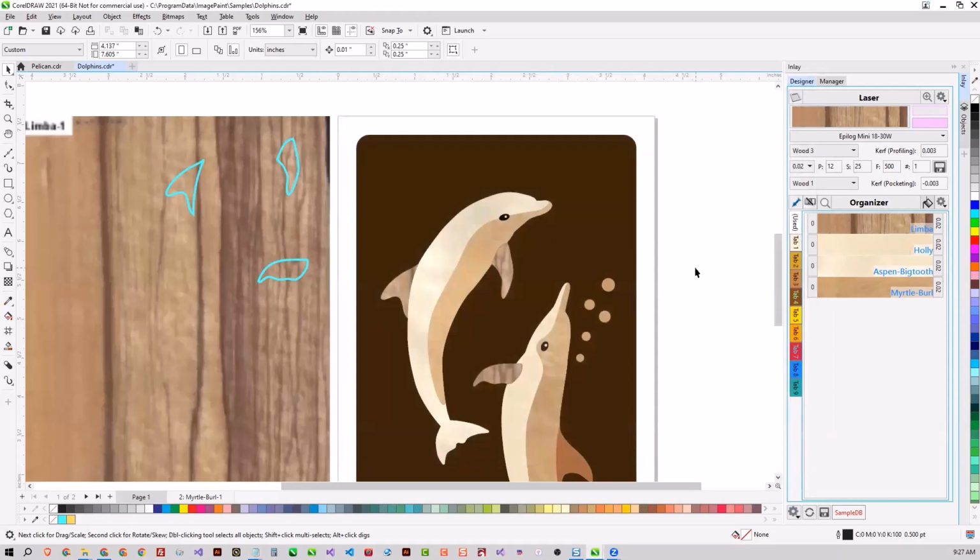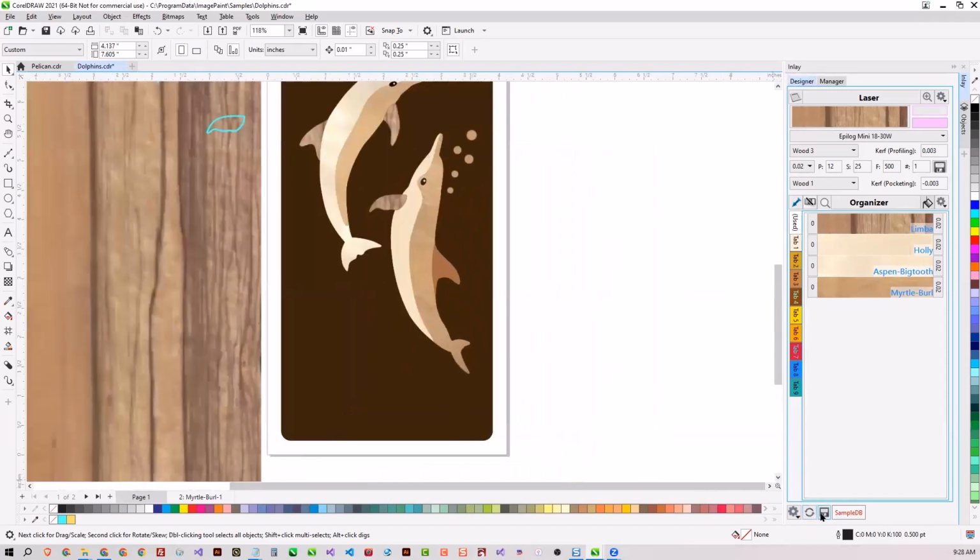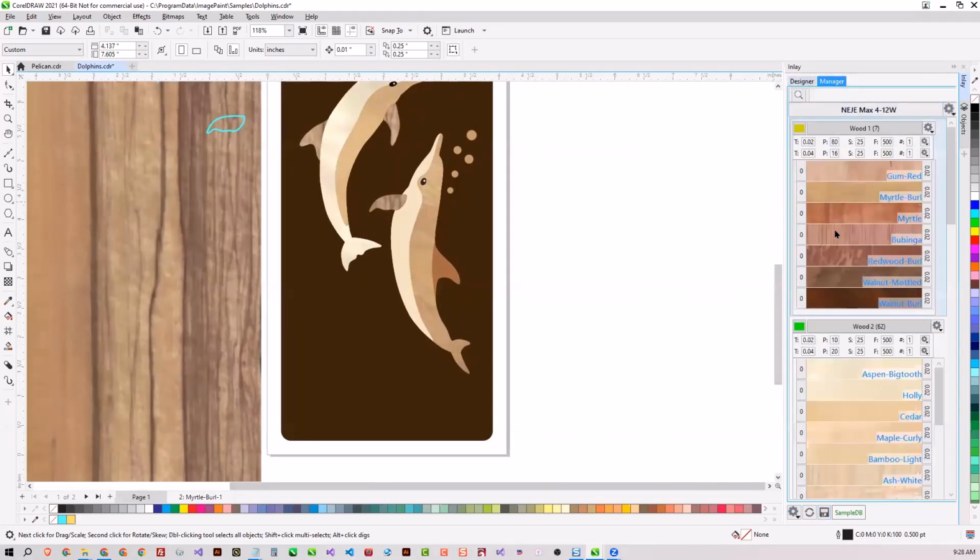Vincent, can I ask a quick question? Yes, please. It's Leo. For every new sheet of veneer you buy, you need to add it to the database. Is that how it works? Yes, that's how it works. What happens to the ones you've used? Do you delete them? Yeah, you can delete them. For example, if you go to the manager, you tap and you right click and you delete the material and it'll be gone forever.